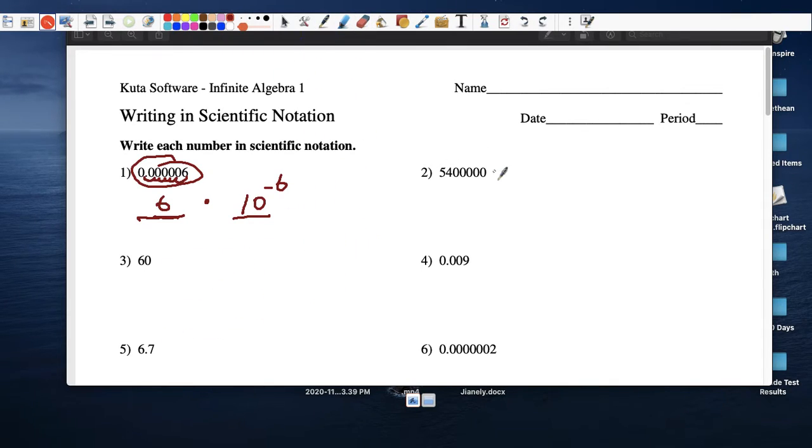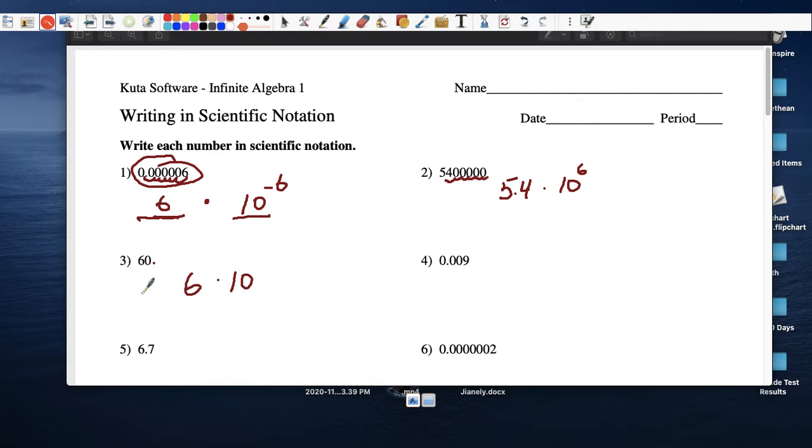And second one, so whatever this is, the first factor is 5.4, remember, right? So the decimal, which is currently over here, is going to go between the 5 and the 4, so we're going to move it 1, 2, 3, 4, 5, 6 times. And that's also 10 to the 6th power. 60, that's easy. 6 times 10 to the